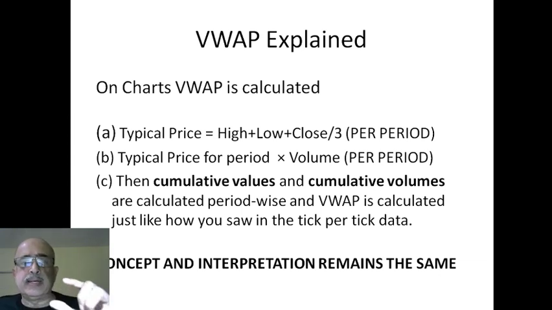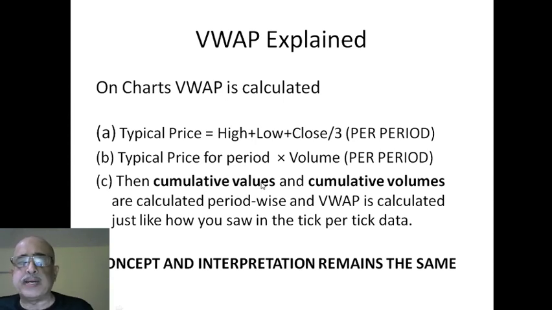They calculate a candle's typical price, that's the high, low, and the close divided by 3. High plus low plus close divided by 3 per period, whether it's a 1 minute period or 5 minute period or whatever. Then they multiply this typical price by the volume per period. That is, for that 1 minute or 5 minute, what was the volume, they'll multiply with it, and they will make cumulative values, one candle after the other, like we